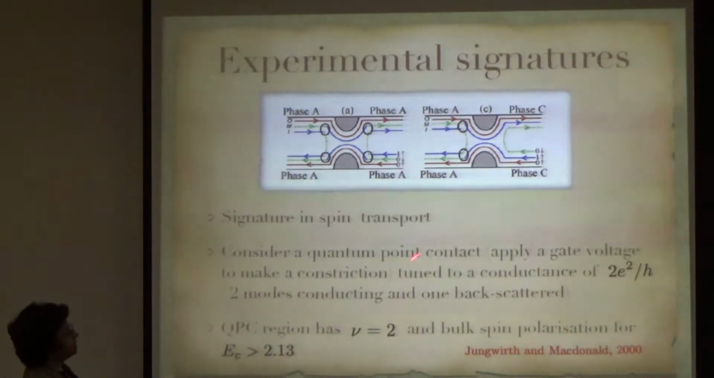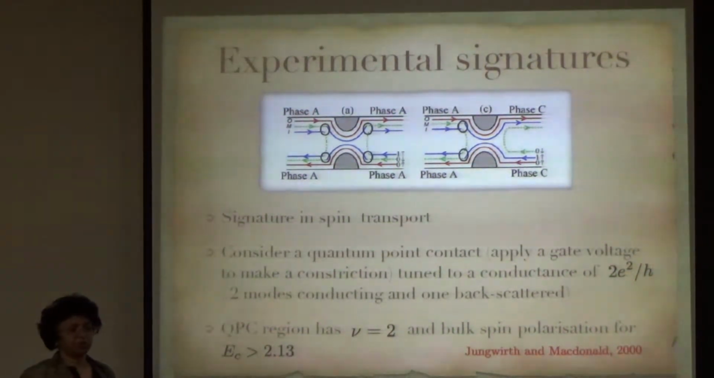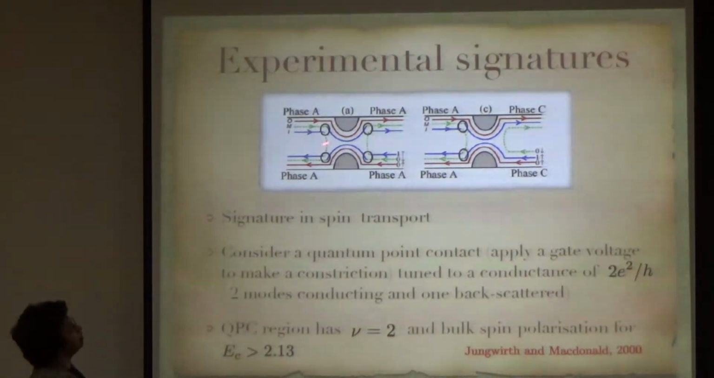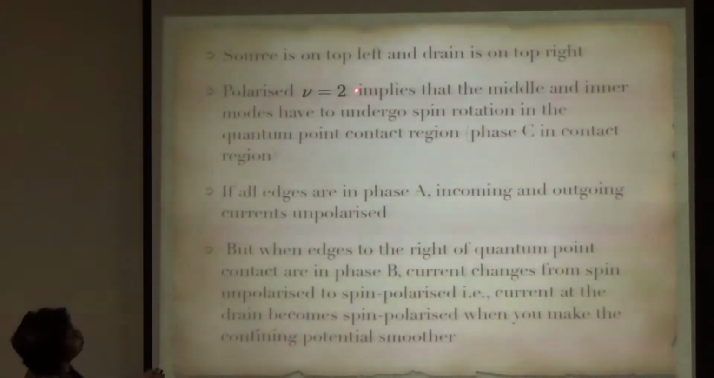But because these things are polarized, even if all four of them are in phase A, that is, the ordering is just 0 up, 0 down and 1 up, they need to rotate in this region, because here you need to have them be 0 up, 1 up. But the point is that if you now put the source on the top left and the drain on the top right,